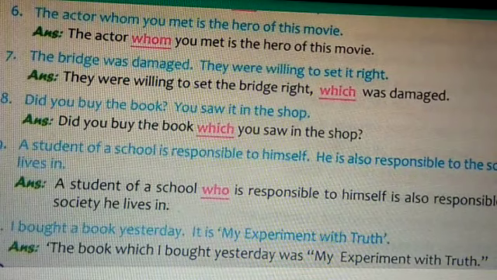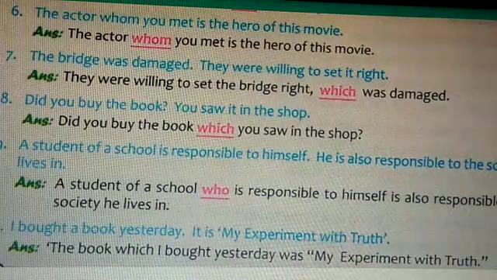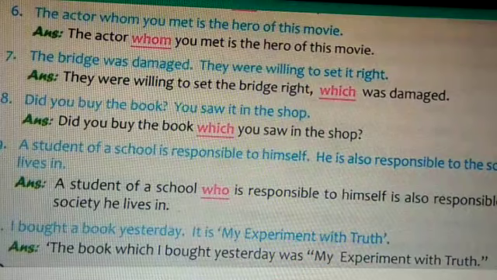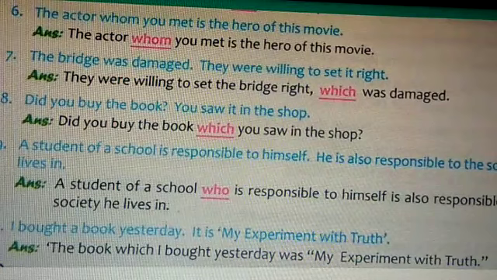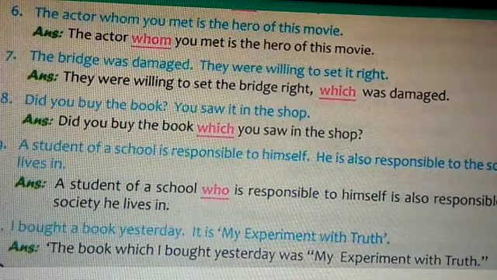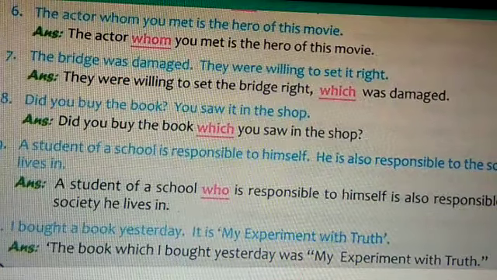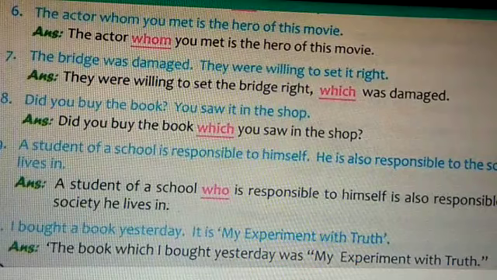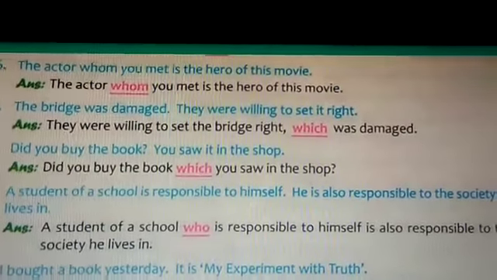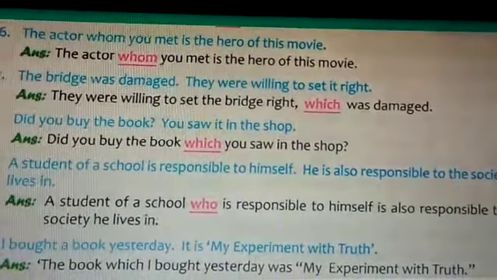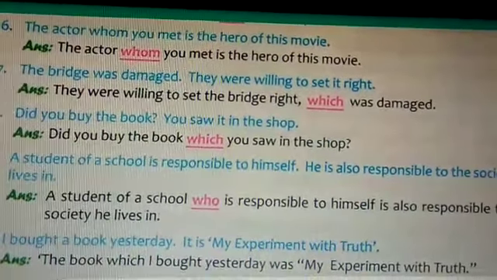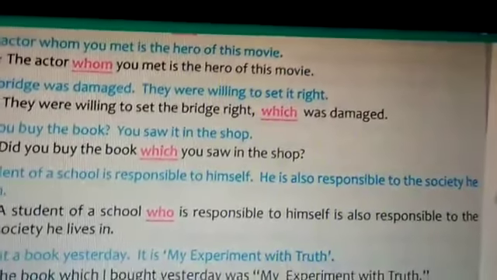Okay. Eighth one. Did you buy the book? You saw it in the shop. Answer is, did you buy the book which you saw in the shop? Ninth one. A student of a school is responsible to himself. He is also responsible to the society he lives in. So, answer. A student of a school who is responsible to himself is also responsible to the society he lives